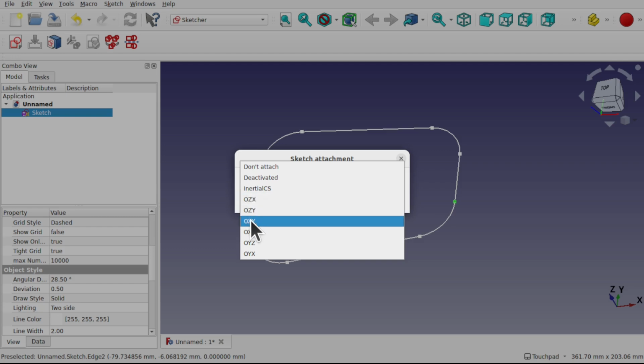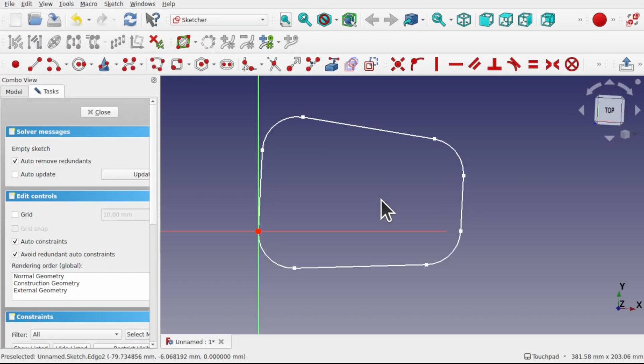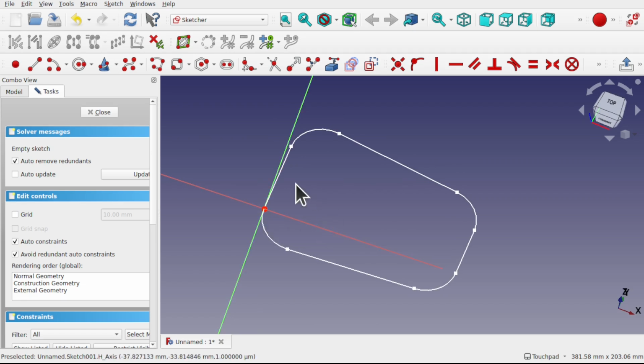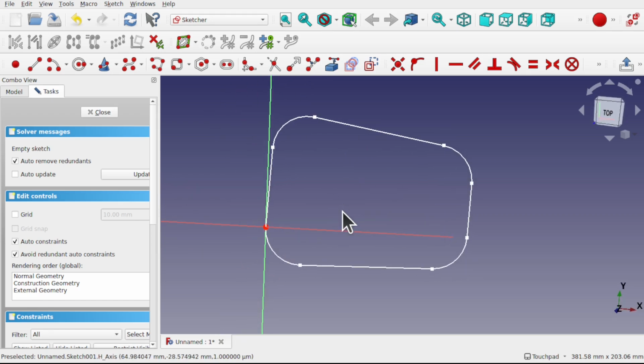So I'm going to pick OXY and hit OK. So you can see that we've attached the origin to our first selection, and the X of the sketch that runs along here is attached to our second reference, the second vertex. You can see that we're actually laying flat on this sketch, but that's absolutely fine because we can rotate this